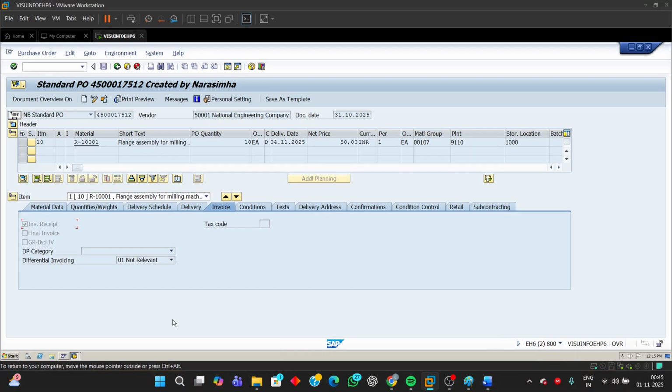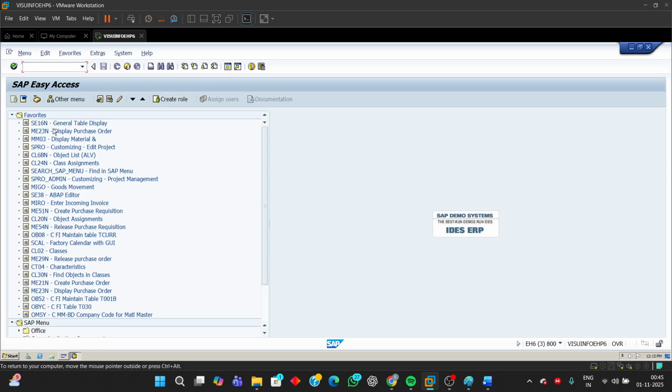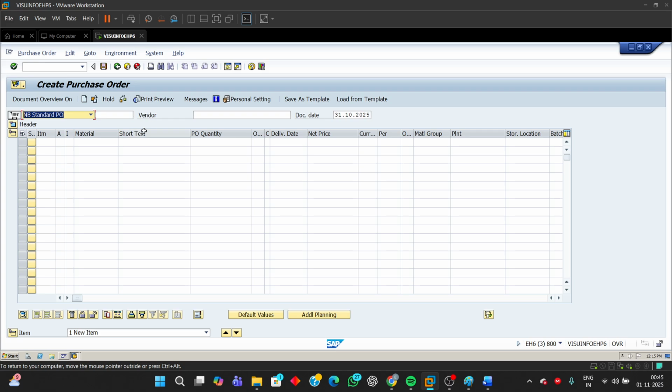Let me go to the SAP screen. So I will open one screen here. Okay, ME21N, the transaction code to create a purchase order. Okay, so I will input the vendor 50001, then plant 9110, storage location 1000, material